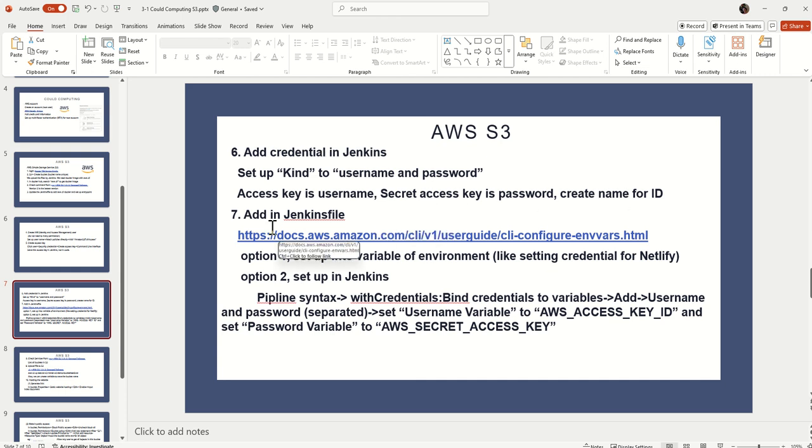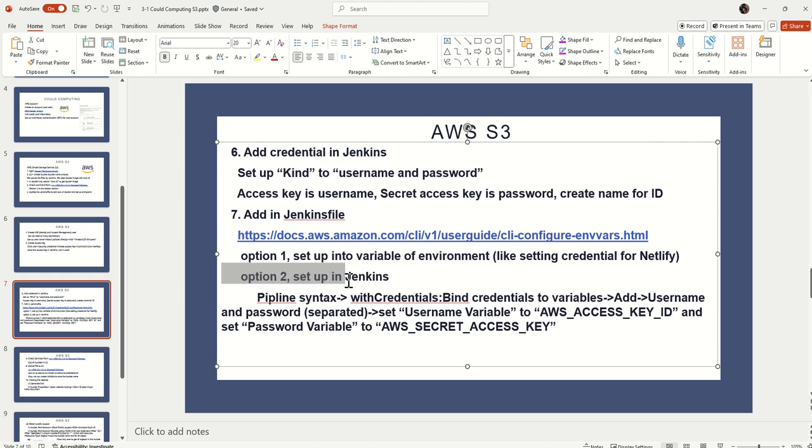So here in your Jenkinsfile, there are two options, right? Similar to Netlify, you can create a variable in the environment and save the credential in the variable. This is the same idea as with Netlify. But here I want to show another way to do it. We can set it up in Jenkins and generate the code. So here in Jenkins, we go to the pipeline syntax